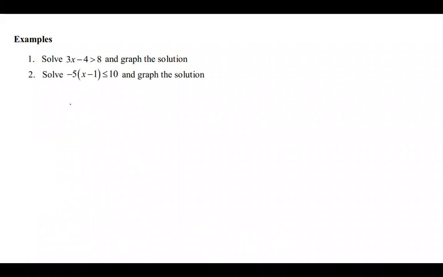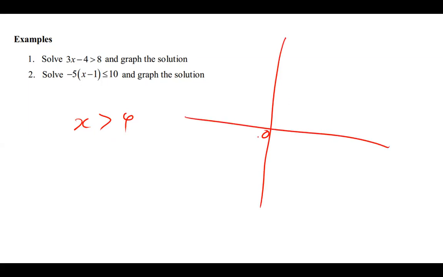There's also this question, which is -5, open brackets, x minus 1, less or equal to 10. Okay, I forgot one thing, graphing the solution. I'll start from the second one. Okay, let me just do the first one as well. The solution for this one was x greater than 4. So if you are to put this on the x-y plane, you have 0,